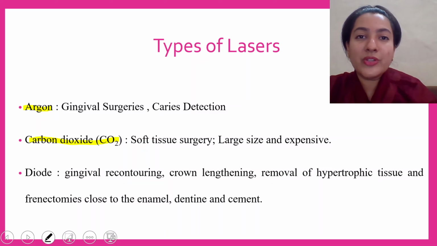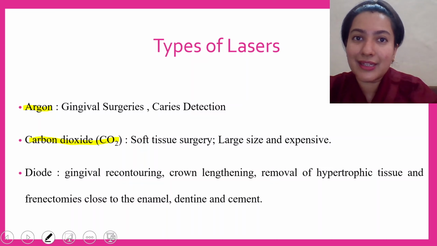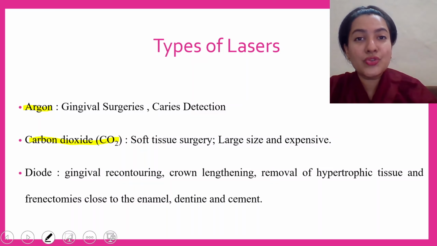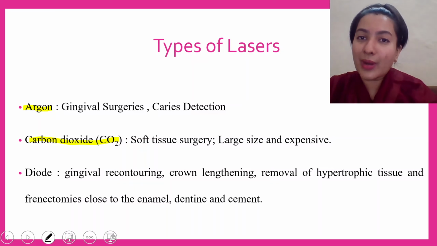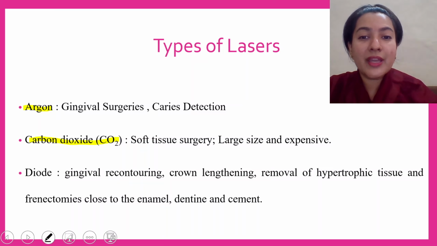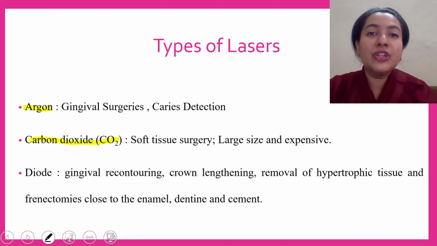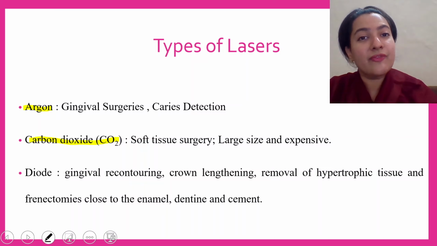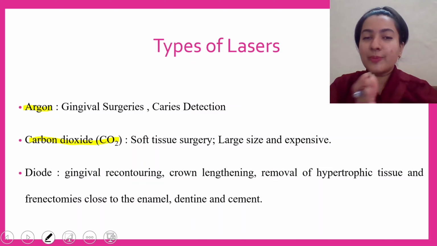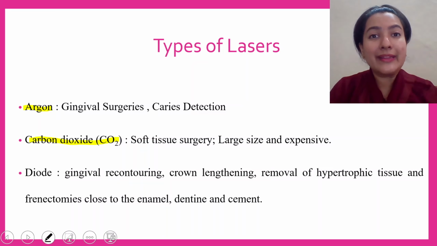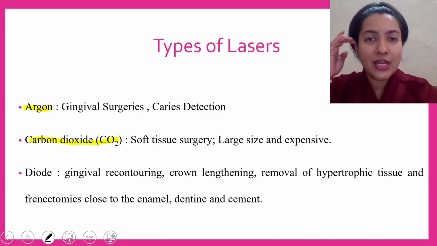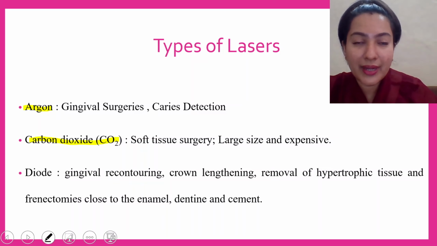Now, laser is one thing which you wish to carry from clinic to clinic if you are a consultant. If you have a laser which is so huge, expensive, and difficult to carry, then it becomes very difficult to take from one place to another. So it has to be very portable. And if it is expensive, you always have to think, what if it breaks or I lose it? Based on all these shortcomings, newer advances came up, and therefore we have so many types of lasers. First, suppose one kind of laser is introduced, and then we realize this laser has all these disadvantages and shortcomings. Based on that, we have come across new kinds of lasers.